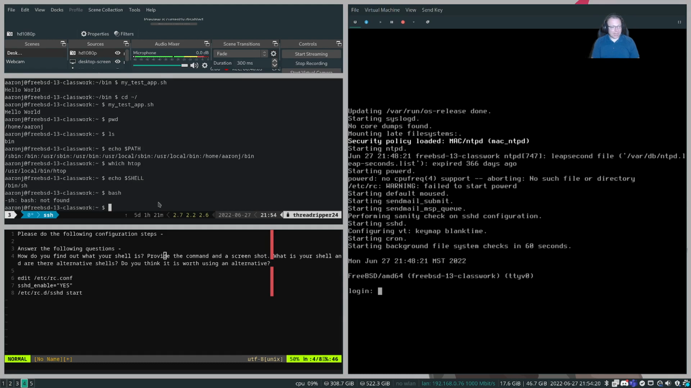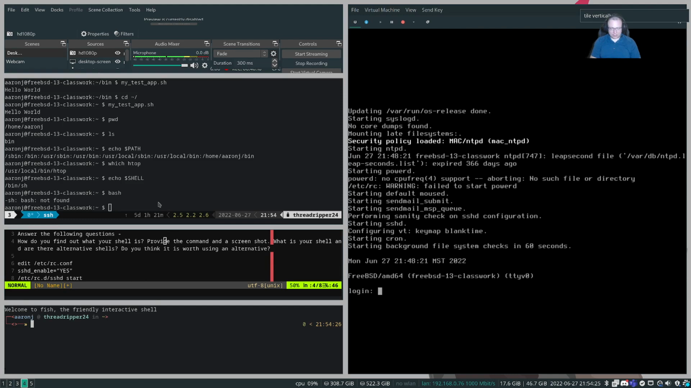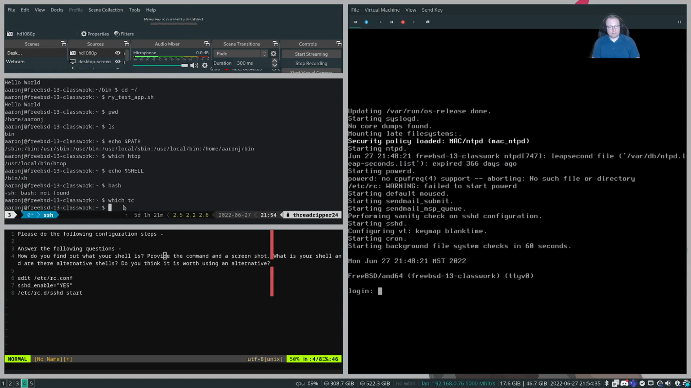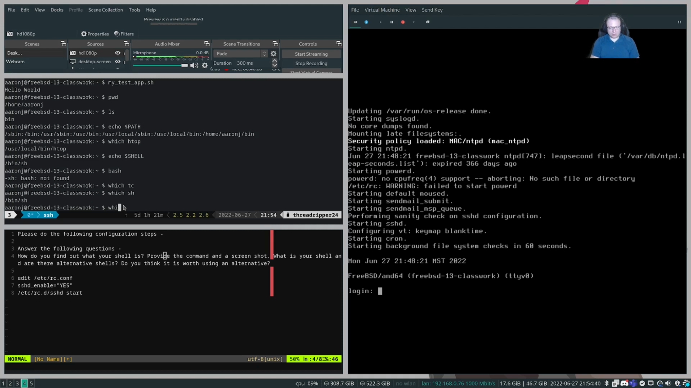If we type in bash, bash is not found. Bash is typically what you use. If we were to say which bash, you would find under Linux, /usr/bin/bash is available. Under Unix, however, if we type in which tcsh, that's not on there. Which sh, that shows up. I don't think anything else is installed, but what we can do is sudo pkg install fish,